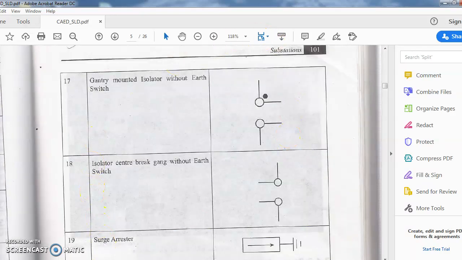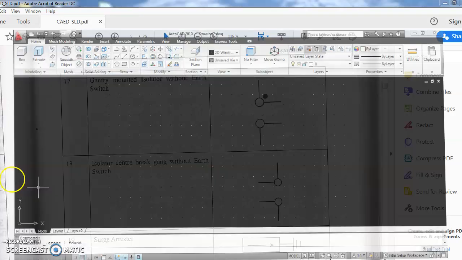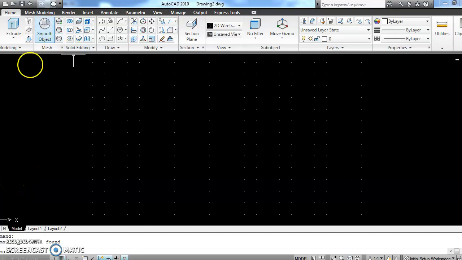So these are the different single line diagram representations for each of the components that are generally used in the substation. So now in CAD we'll see how we draw a single line diagram for a given problem statement. When you come to drawing the single line diagram in CAD, in addition to the known commands, the 2 more commands which we will be most frequently using are the block command and explode command. So I'll just explain here how these 2 commands work.